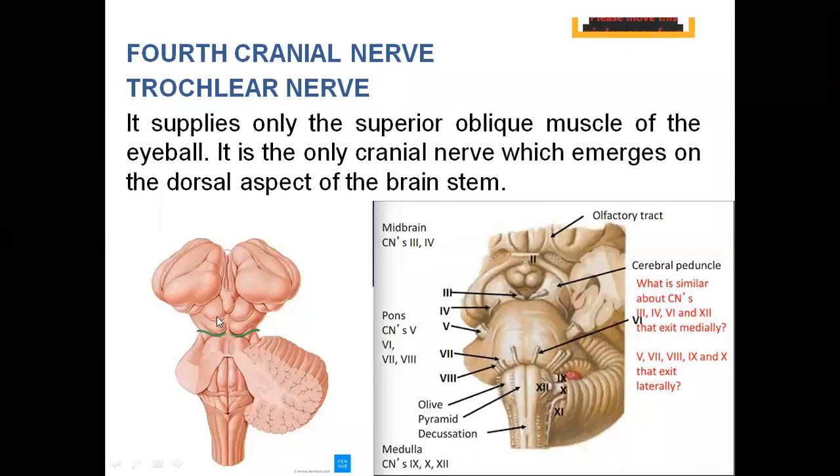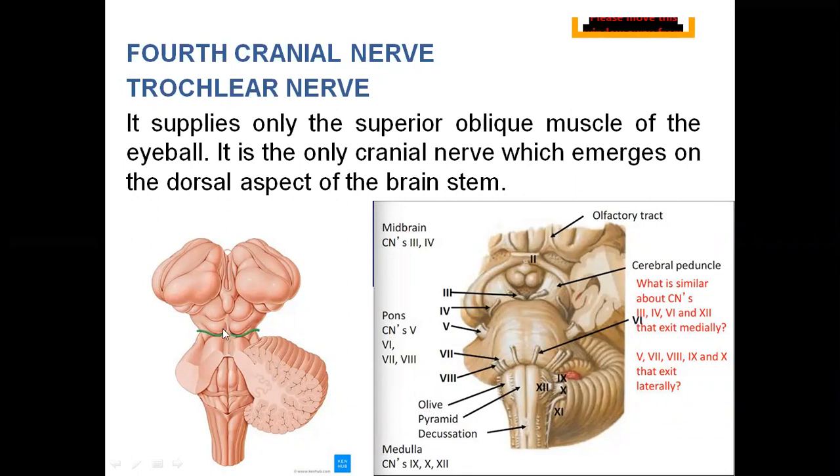So in this picture, you are finding this is the brainstem, midbrain, pons, and medulla oblongata. Now, we are finding this is the inferior colliculus of the midbrain. So the trochlear nerve is coming out actually at the junction of midbrain and pons at the lower level. You will see at the level of the inferior colliculus, this nerve comes out, that is the trochlear nerve. It supplies, if you remember, SO4 I said, that means the superior oblique is supplied by the trochlear nerve.